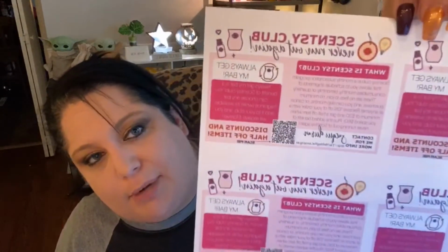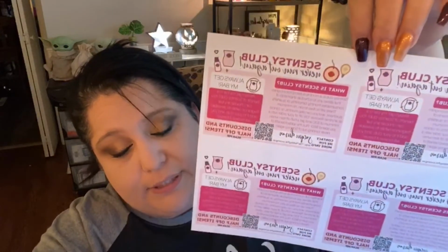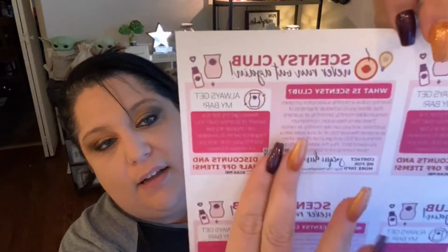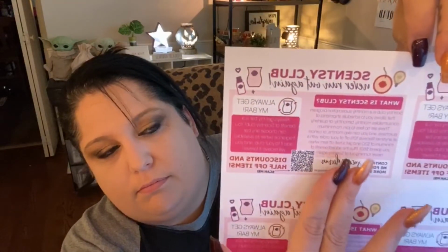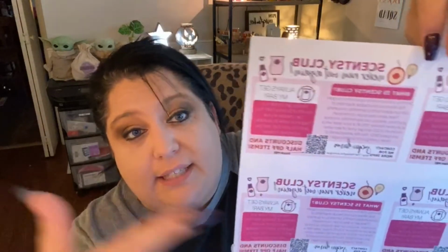And then at the bottom, now the version that I put in the Scent 365 Tribe page does not have a QR code, and it does not have my name, and it does not have my Scentsy website. Why? That's so you can go in and put your stuff. So all I've done is put my name and my website, and then of course, you know me,